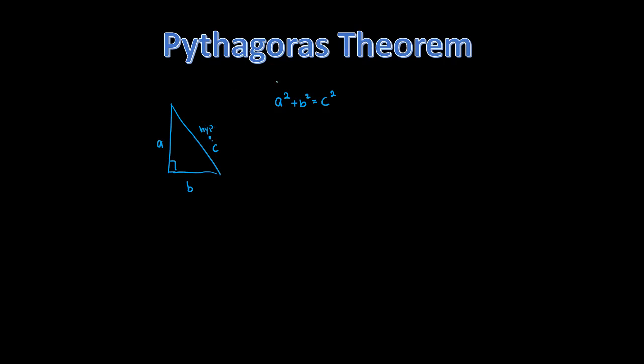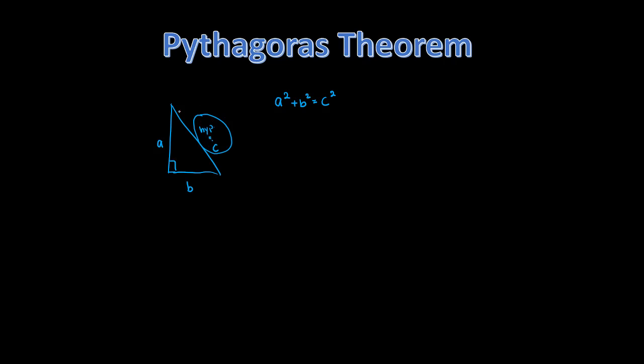Okay? This is not interchangeable. You can't make C squared plus B squared equals A squared. It just does not work. This is always the C in this case, right? So it's always the sum of the squares of the two sides is equal to the square of the hypotenuse,